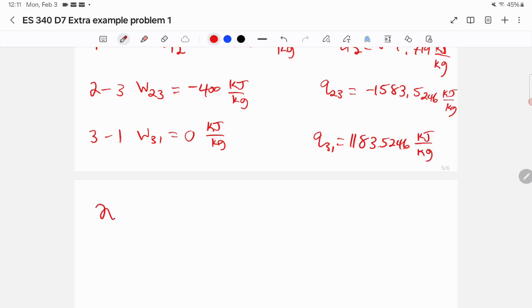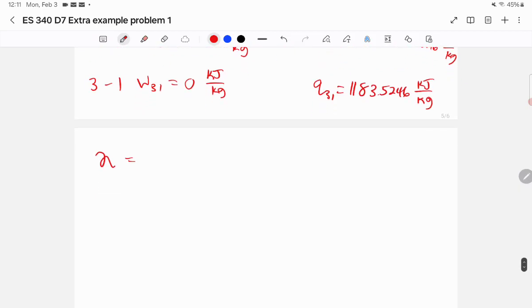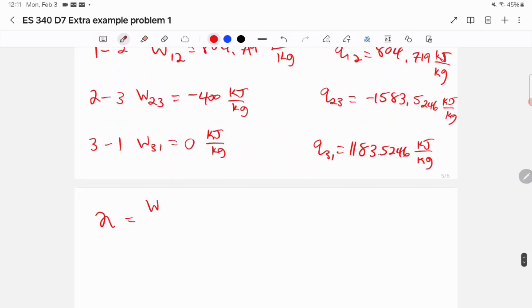Now recall, eta is equal to the net work of the cycle divided by the amount of heat that went in. Not the total amount of heat, but the amount of heat that went in. So this is not net. So that means that Q in is only the stuff that went in, which is